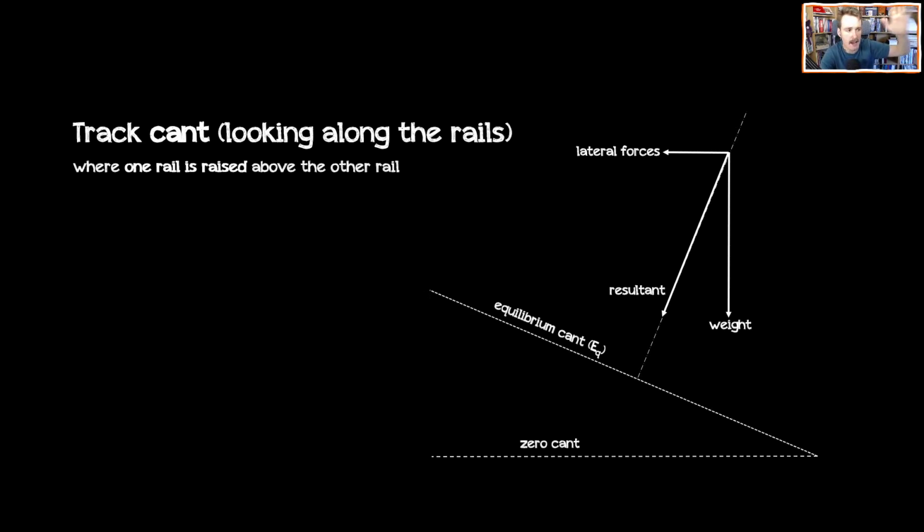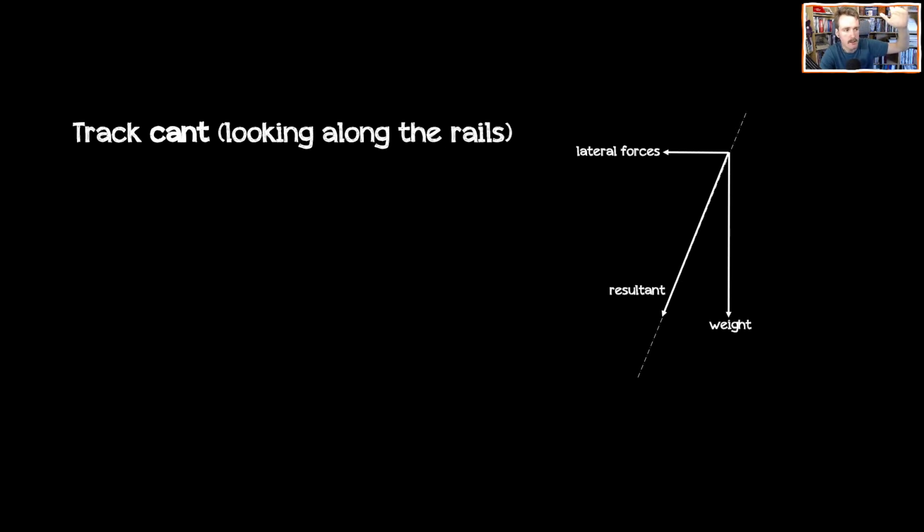Firstly, we're going to talk about the fact that we've got a train. We've just tipped our train over. Let's just think about forces. Let's go full GCSE and think about resolved forces. So you've got the weight of the train here, and then you've got lateral forces. So we know that we've got some amount of lateral force